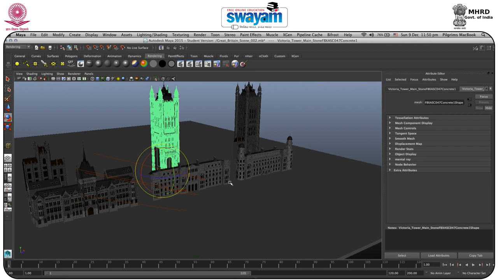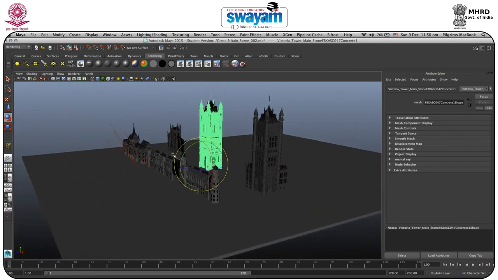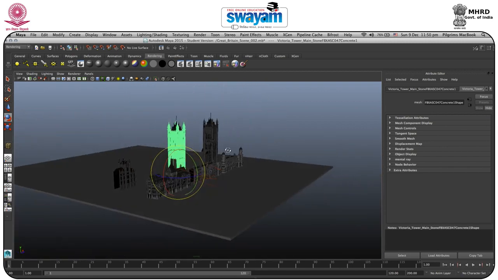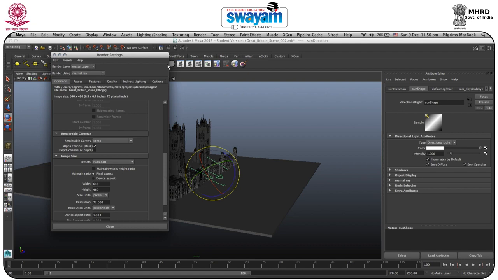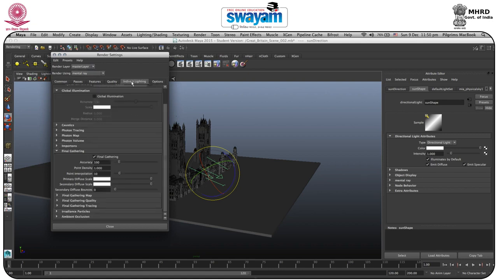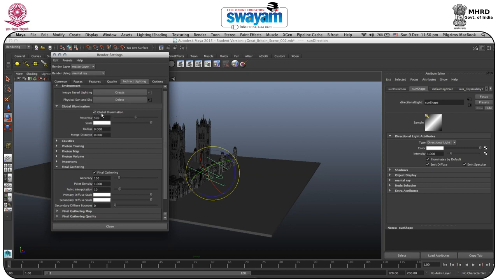And also, one more thing is that whenever you are using the mental ray physical sun and sky, make sure that always your final gather will be on, and also we will on the global illumination. Okay, so you can increase the accuracy.